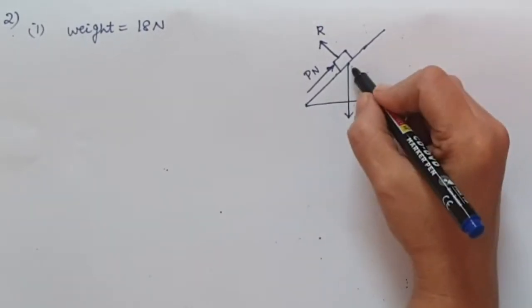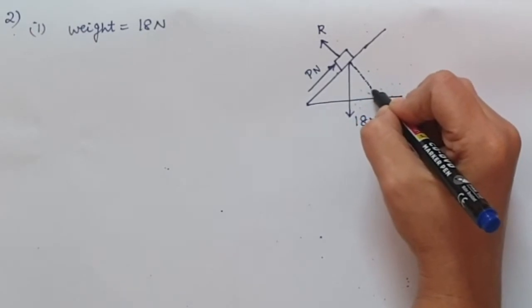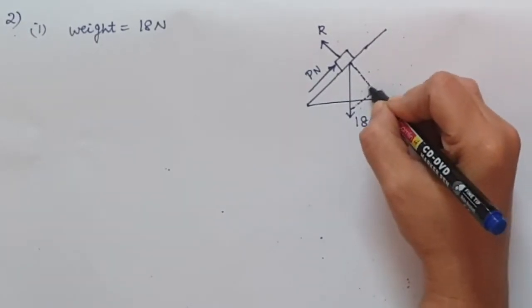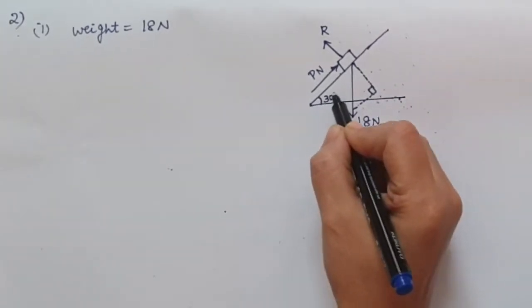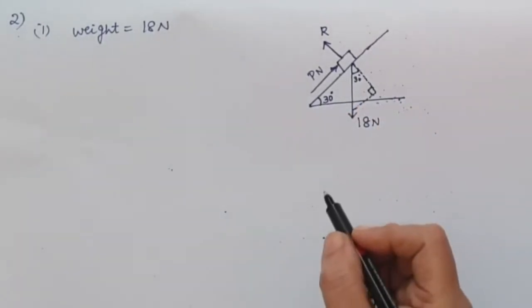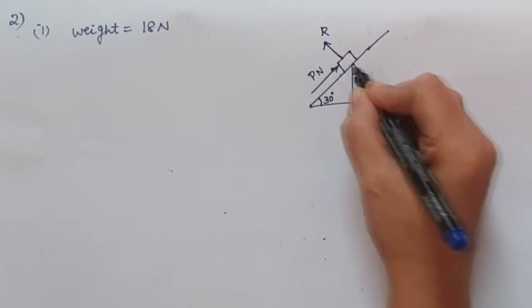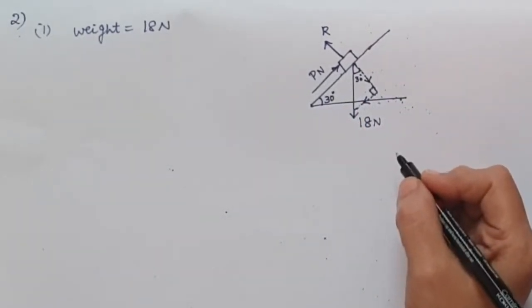So in order to resolve this, we just form a right angle triangle. Again, this line we draw is perpendicular to the plane and then I draw a line over here which is parallel to the plane. The plane is inclined at an angle of 30 degrees, so this angle will also be equal to 30 degrees. Now the direction of these lines which we have drawn, this is the starting point, so this way and this way we will be having our arrows.